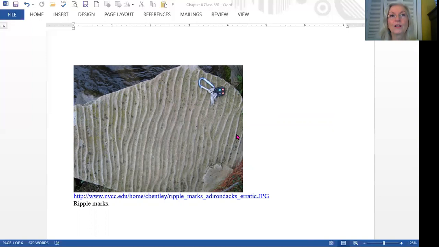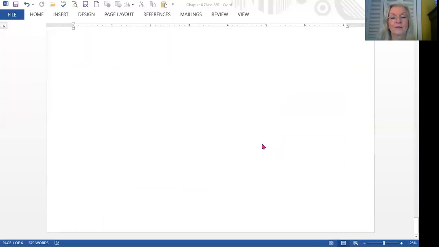So currents that move in one direction will have ripple marks that look steeper on one side than the other. Currents that go back and forth, the ripple marks tend to be uniform on one side when compared to the other. And here's a little graphic to show you. Here are some car keys, and these are the ripple marks. And that looks like that's it. So we will stop, and you should be ready for the